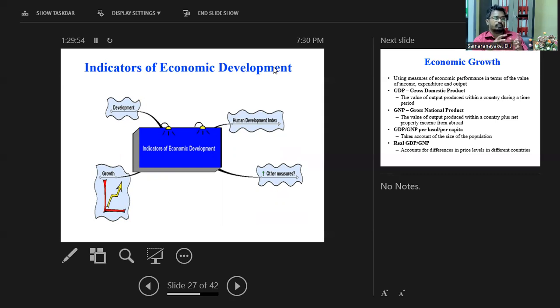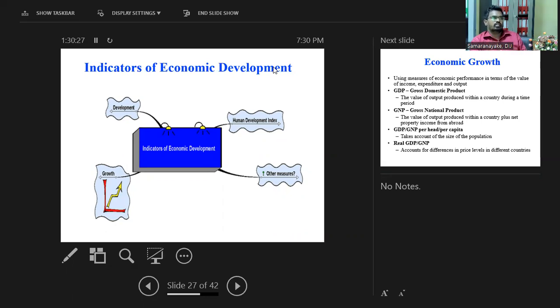Once we discuss the economic development of a country, nowadays we have to think seriously about this. When we think about economic development, there are some indicators. What does indicator mean? It means that it will reflect economic development. So these indicators will reflect economic development. What are the indicators, the key classification of indicators here?